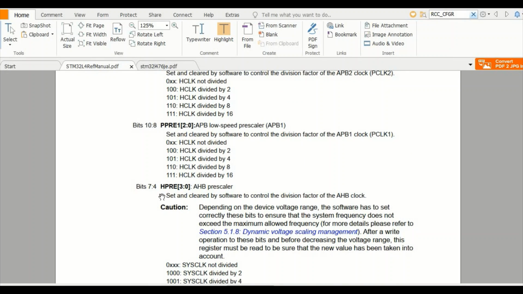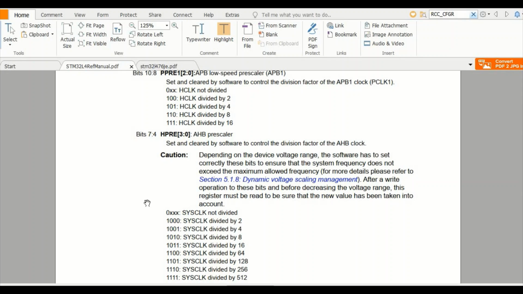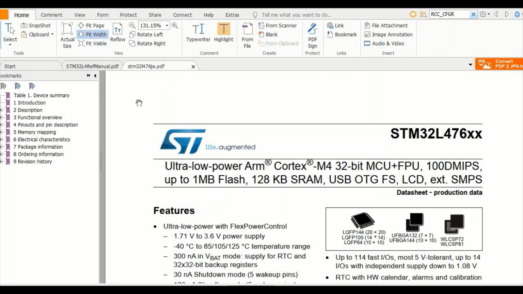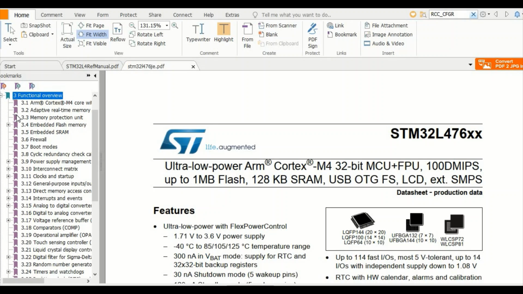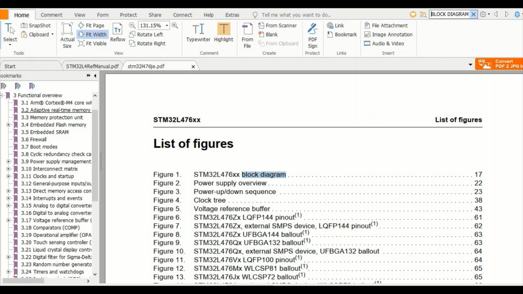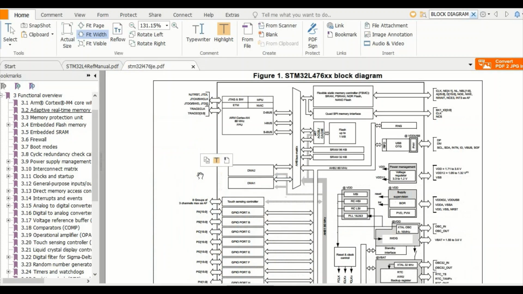It is set and cleared by software to control the division factor of the AHB clock. So for the AHB clock which we are setting, let's see where it is. We will see a block diagram here. Let's search for it, Control F, block diagram. This is the block diagram.